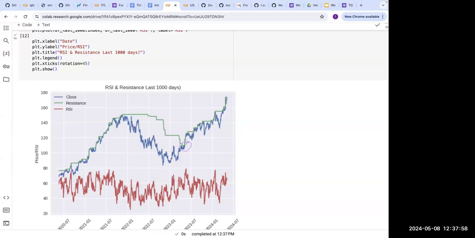So now your stock price is basically the resistance point, because it keeps increasing beyond resistance. You can see that was a good indicator at points like these, and also here, and somewhere in the previous plot also. RSI, I just over plotted so that you can see how it is varying, but this is not indicative of stock price. It's an index between 0 and 100, so it won't go beyond this section.